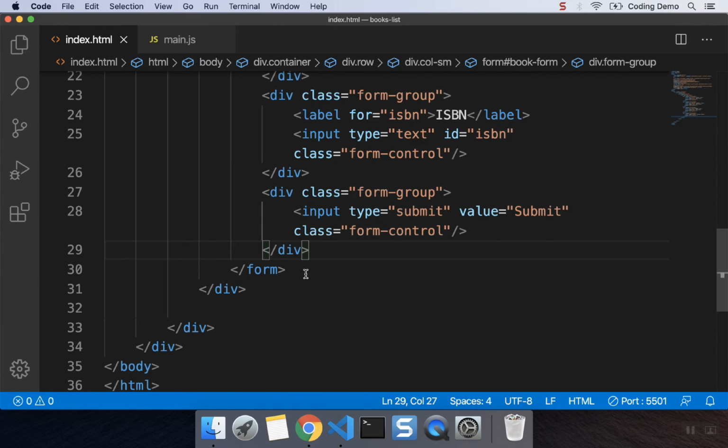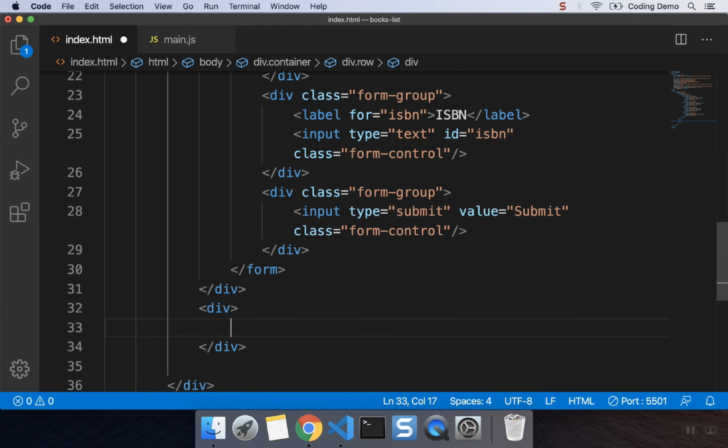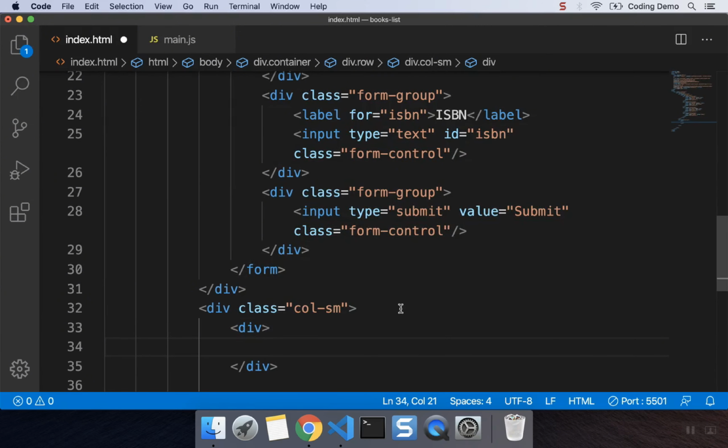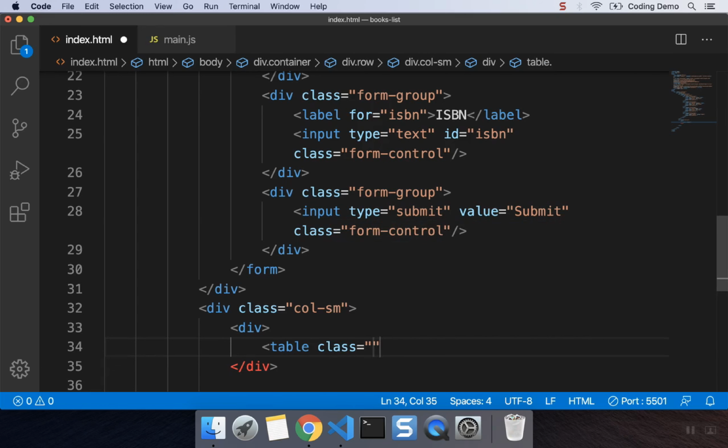So like I said previously, what I'm going to be doing is I'm going to be adding a table instead of lists. So what I will do is I will add another div, I'll add a class of column small. We'll have another div inside of this, and inside of this I will have table. The class I'm going to be using is for Bootstrap,